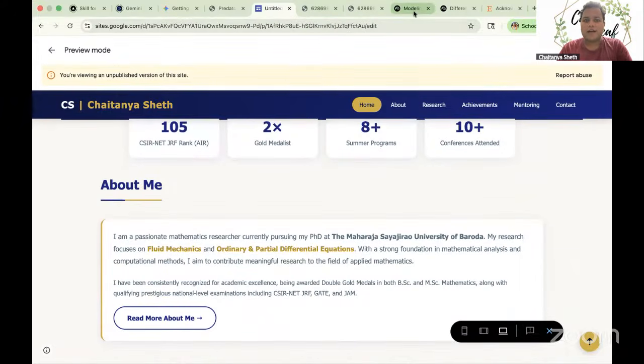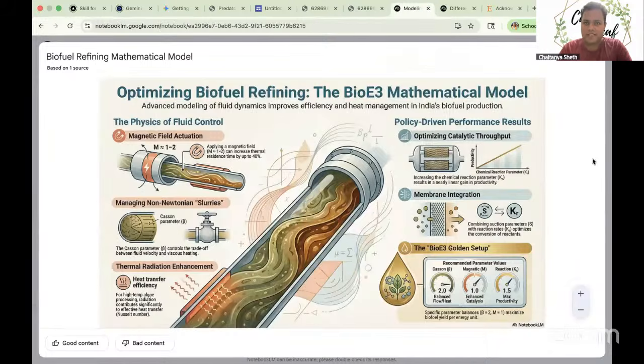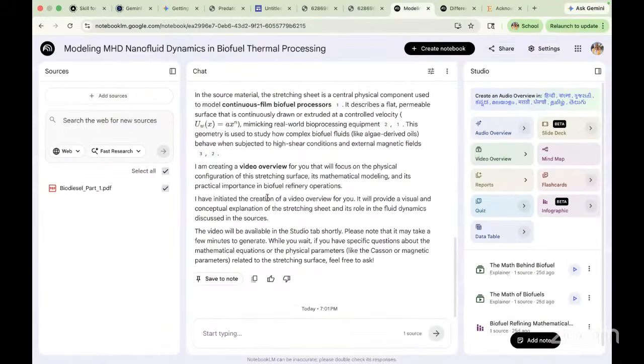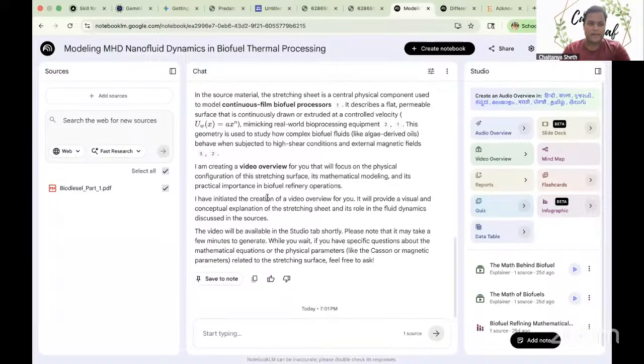Then I extensively used NotebookLM. I was reading a research paper related to my field, a study of fluid flow stretching across a sheet.